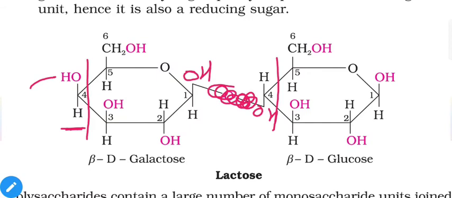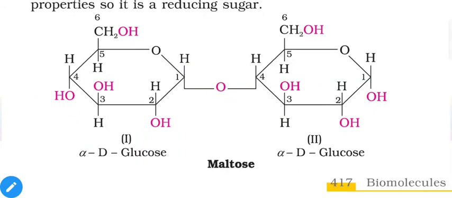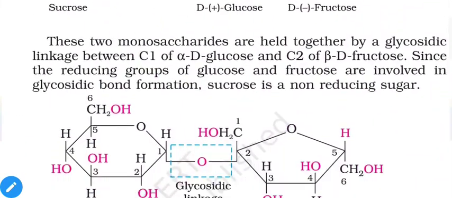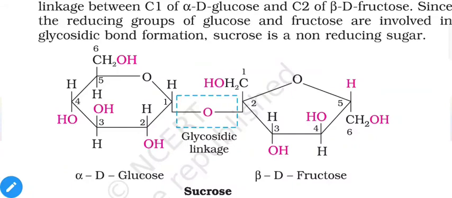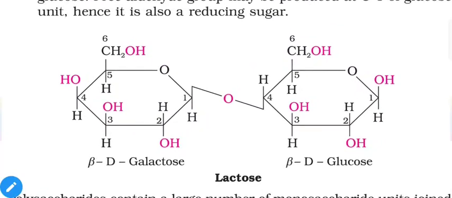So these two molecules will be joined together with the glycosidic linkage, and one more difference is, if you observe the structure of sucrose or maltose, you can see the attachment is on the same side, that means below the plane. That means in maltose, as well as in sucrose, the attachment is between two groups present on the same side of the molecule, below the plane. But in the case of lactose, you can see one of the groups is present above the plane and the second group is present below the plane.